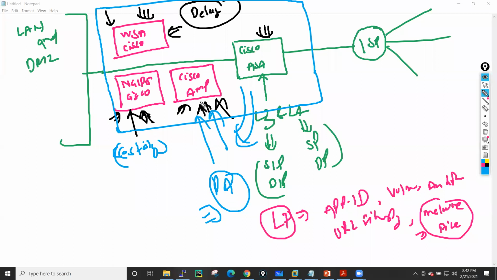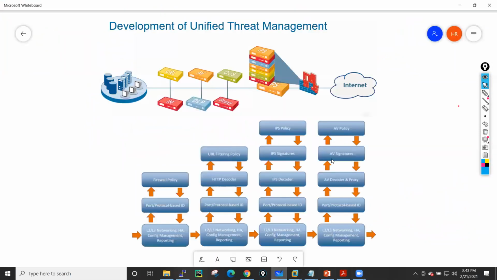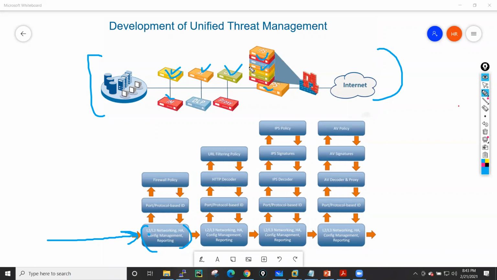Okay, now let's see the multipass architecture, right? Let me go into one of the images, and I will explain that part. If you see here, this is the same design which I have explained, where they have taken multiple solutions. Whenever any legacy firewall receives a packet, it will first process the packet through networking, because all these devices have their own routing. Then the firewall, because this is a Cisco ASA, has a firewall policy. So this packet goes for the firewall policies.